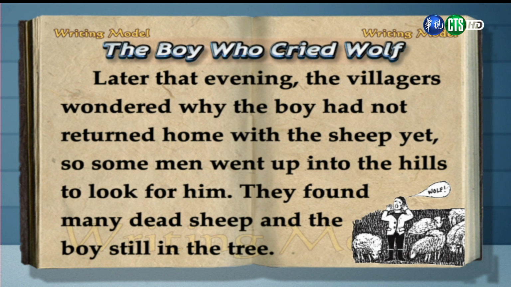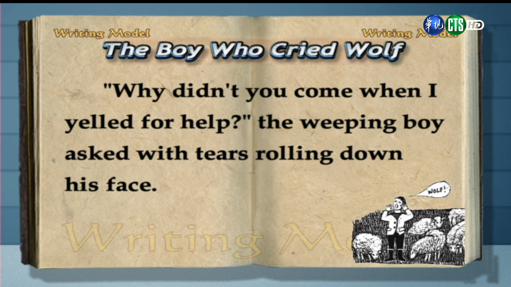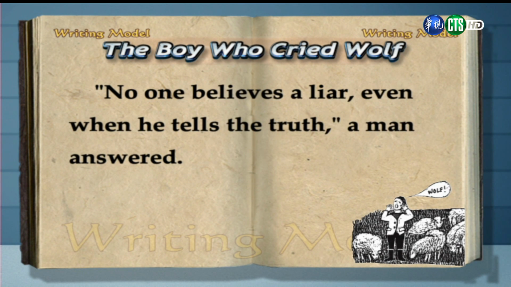So some men went up into the hills to look for him. They found many dead sheep and the boy still in the tree. 到了晚上，村民们开始怀疑男孩跟羊群怎么还没回来呢？因此，男人们就到山坡上去寻找男孩跟羊群。他们发现的却是死掉的羊只和躲在树上的男孩。 "Why didn't you come when I yelled for help?" the weeping boy asked with tears rolling down his face. 当我在呼救时，你们怎么不来帮我呢？满脸泪痕的男孩哭着问。 "No one believes a liar, even when he tells the truth," a man answered. 没有人会相信一个骗子，即使是他讲实话的时候。一个男人回答他。